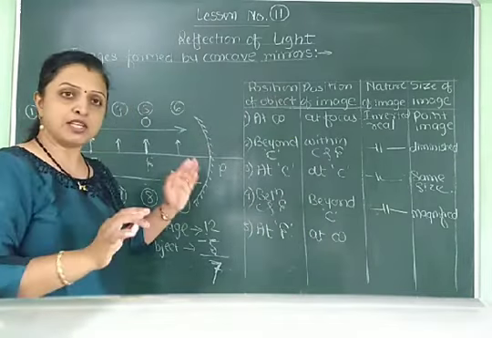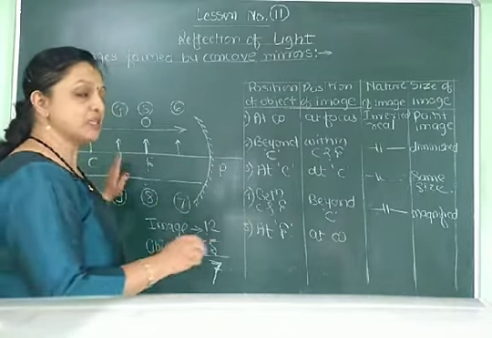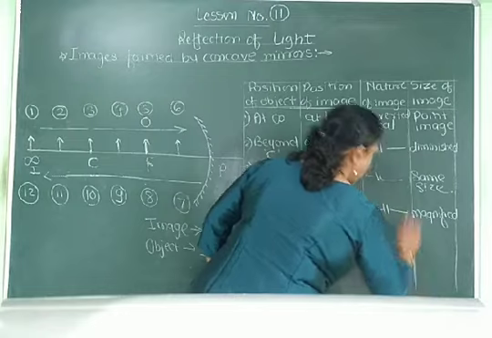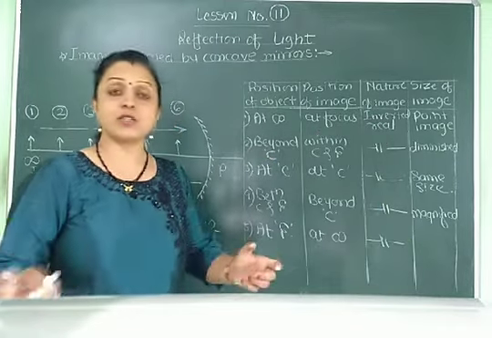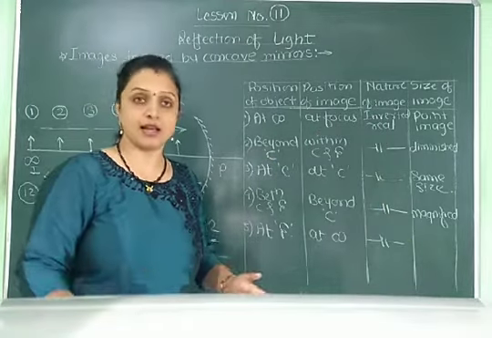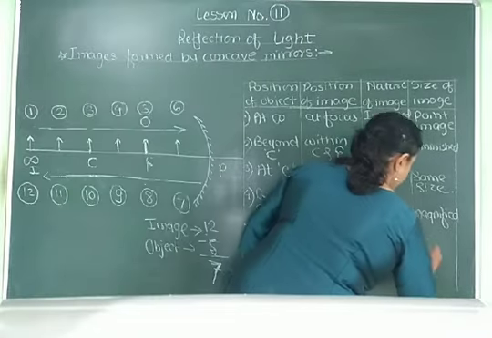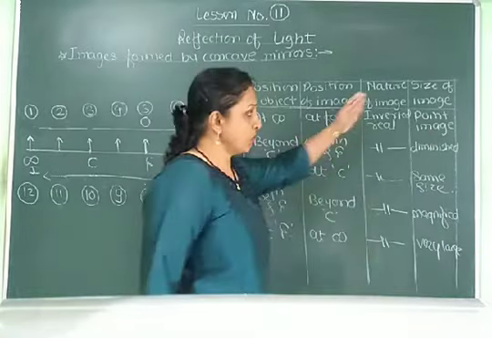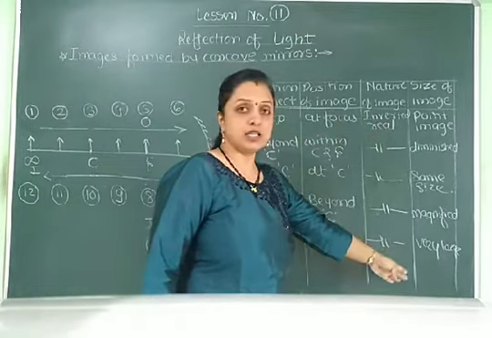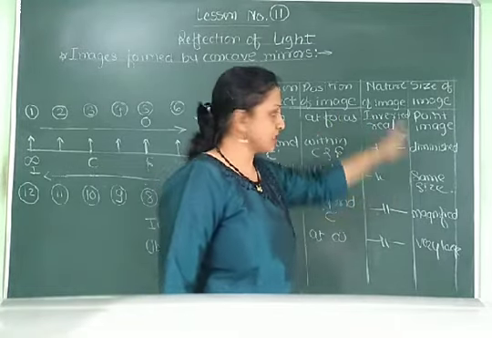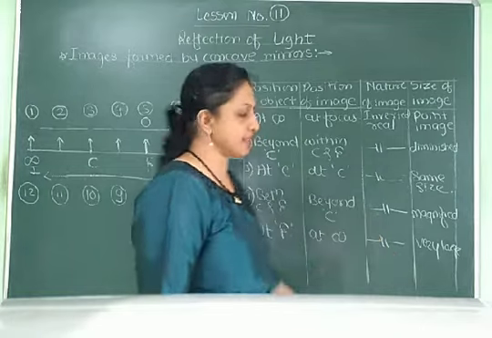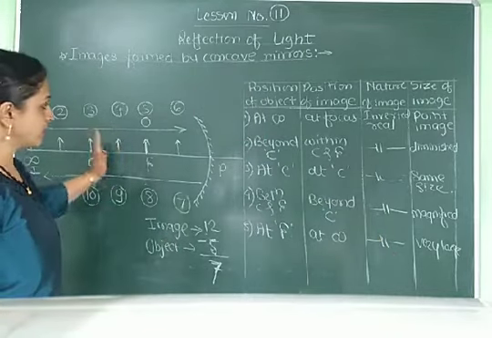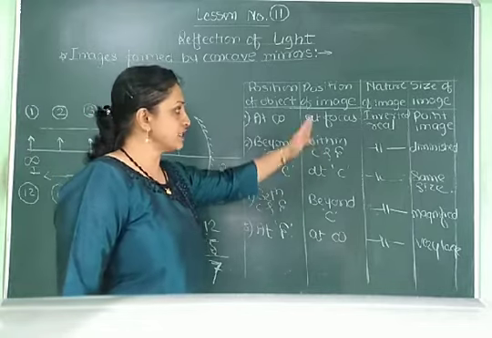But the image is on the same side of the mirror, in front of the mirror. Therefore that image is again inverted and real, but the size of the image is very large, because slowly the size of the images goes on increasing. You can see in the chart that the size of the images goes on increasing. So these are the 5 positions of the object and the corresponding positions, nature and size of the images.